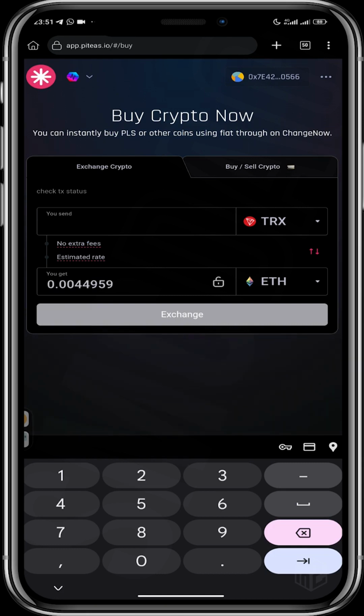So I will input the amount of TRX I'll be using to get the ETH. Okay, I'll be using 116 TRX. As you can see, 116 TRX gives me 0.00363. Let's increase this to 117 TRX. So this gives me 0.0045 ETH. So I click on exchange